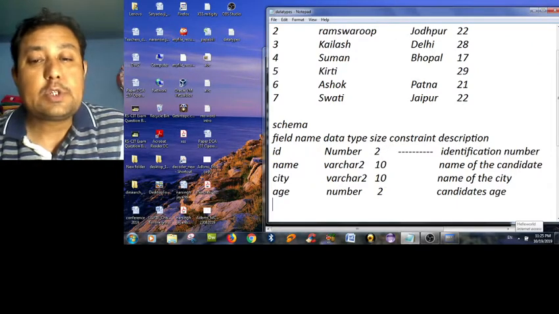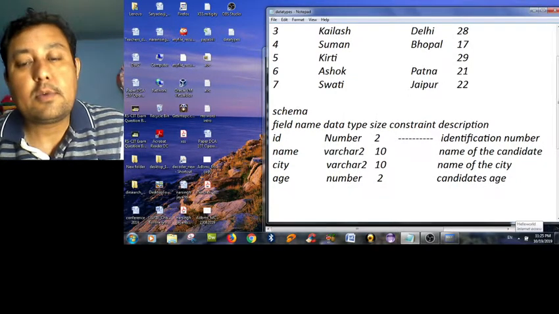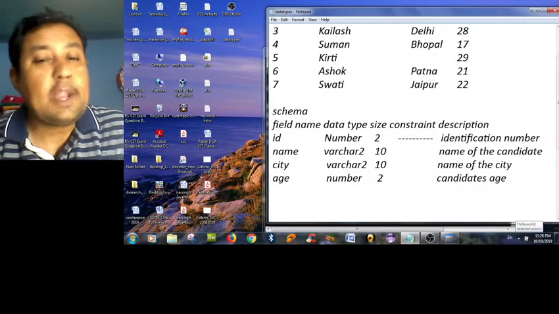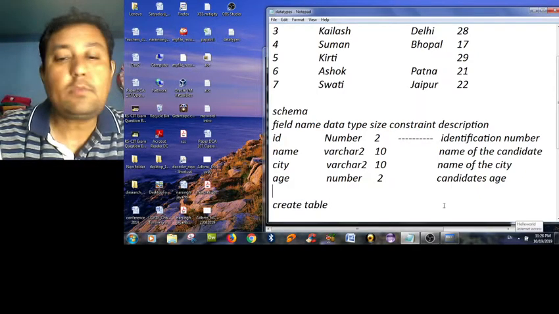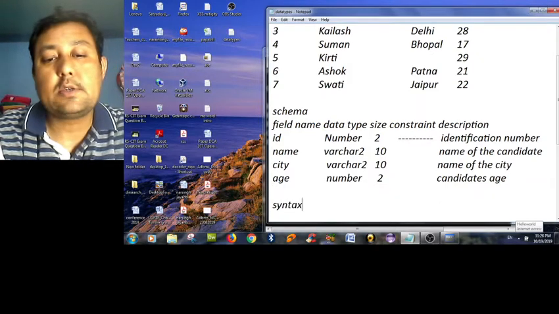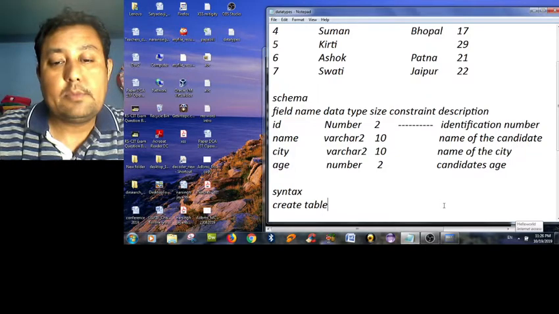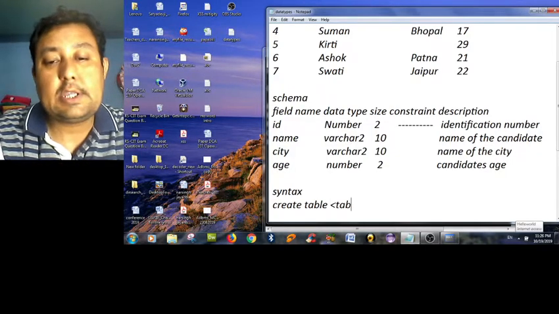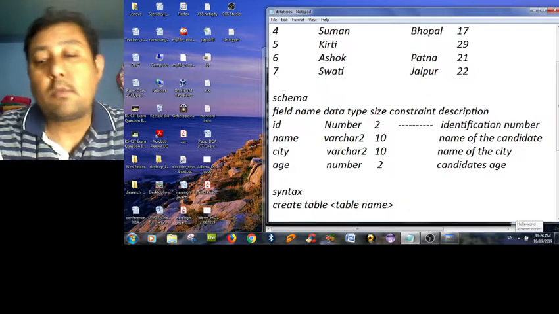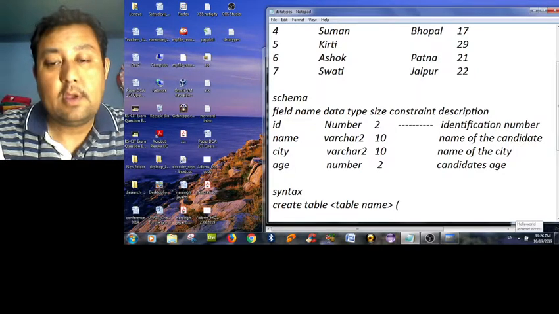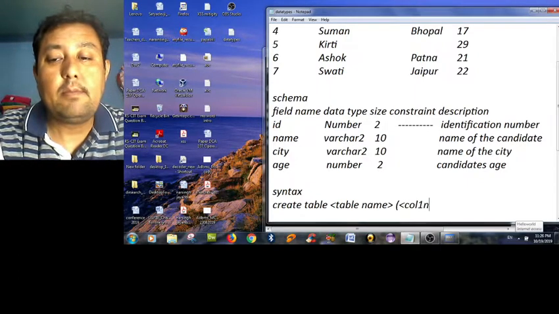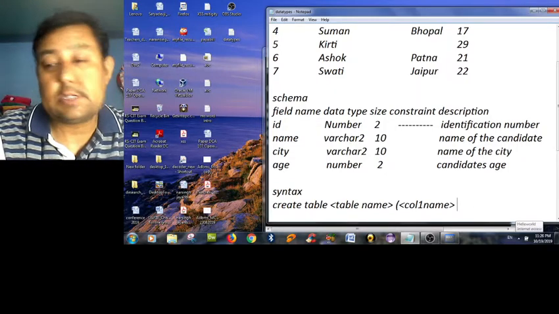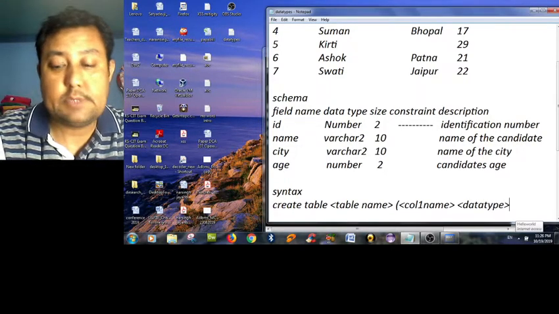Okay, so now this paper schema helps you to construct the create table command, so that no errors will be notified when you are creating a table. So now we are creating a table. First of all, the create table syntax. According to the question, I'm applying the syntax here. Create table and the table name here. Bracket. First of all, field, or I can say column one name, then space, data type, then bracket start, size,